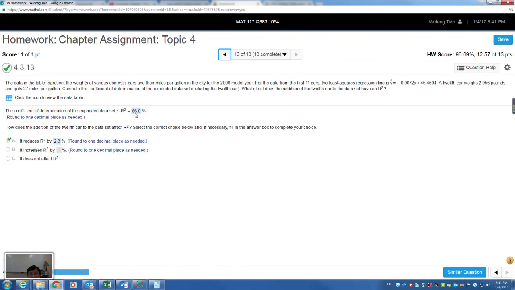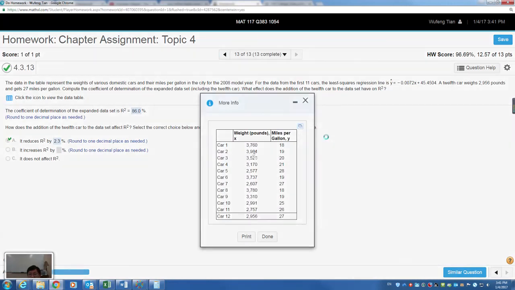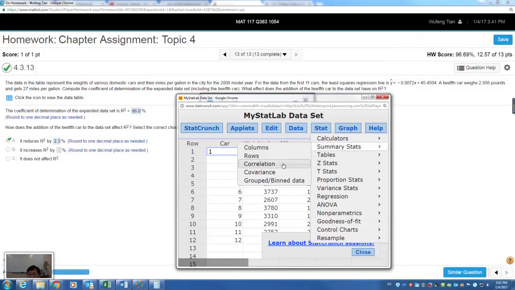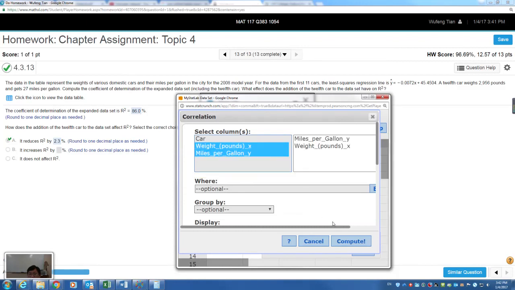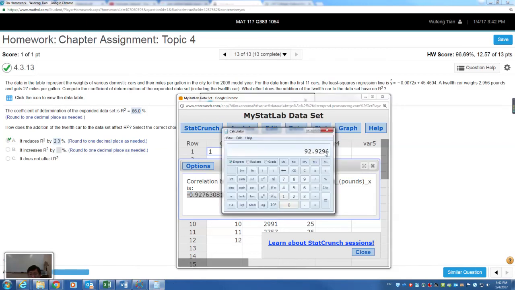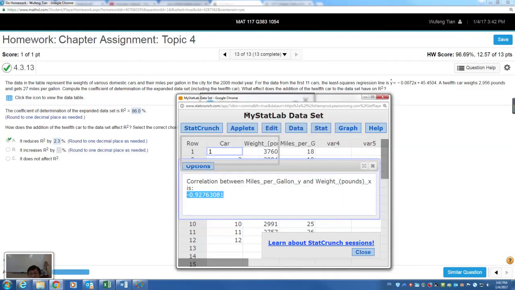So number 13, and you have to find R squared. How to find R squared? You can open this in StatCrunch, find the correlation of X and Y, and this is your number, your R. And then what do you do? You square this number, multiply by 100 and that is your percentage. So you got a percentage, this 86%. So how do you get the difference? The problem says